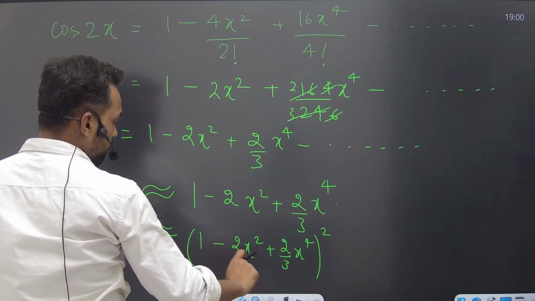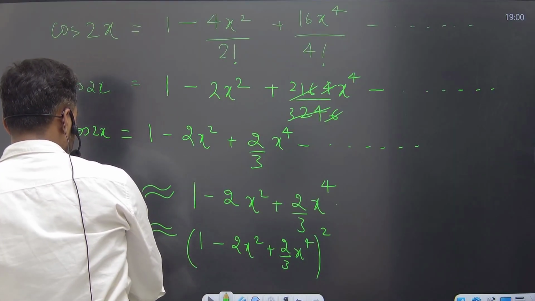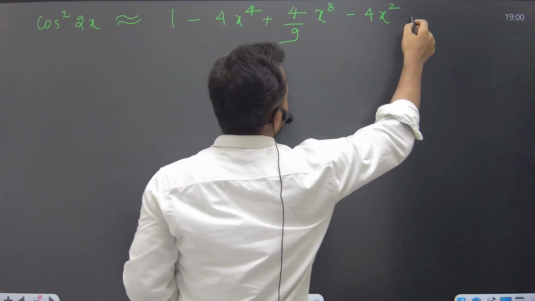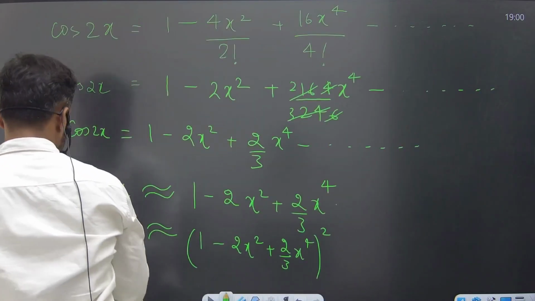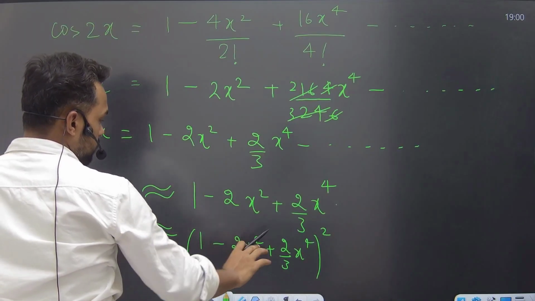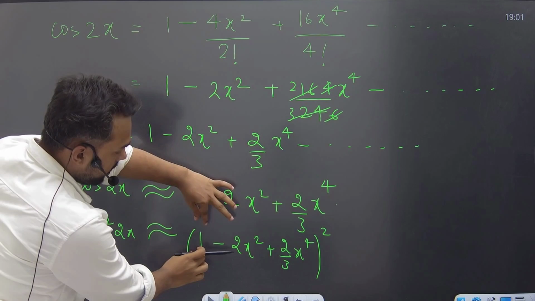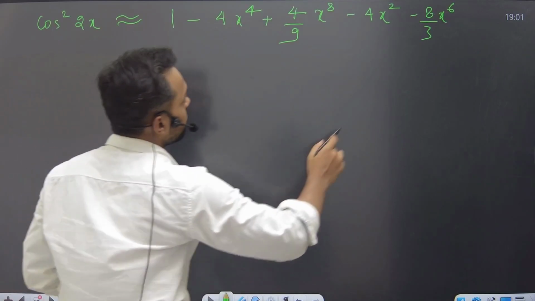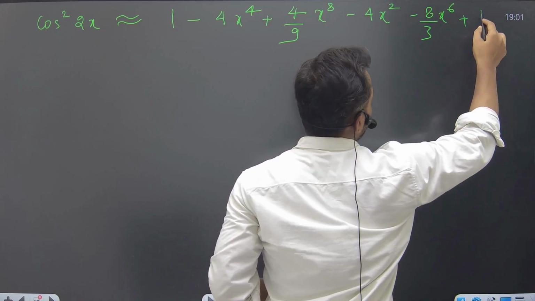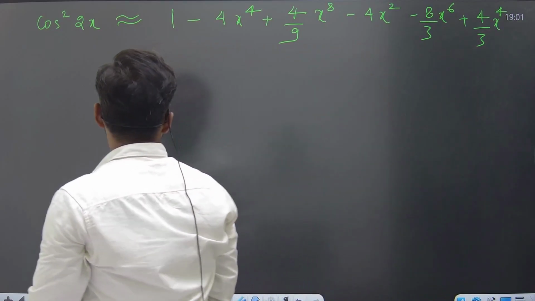Same goes for 2bc as well: negative of 8 by 3 x power 6. Plus of 2ca. 2c is 2 by 3 x power 4 and a is 1, so it will be 4 by 3 x power 4 plus of 4 by 3 x power 4. Now see,